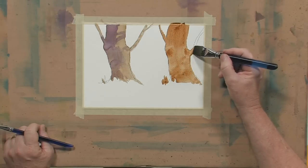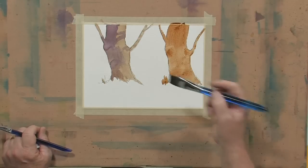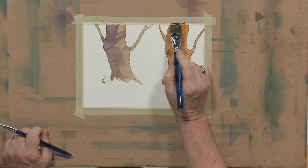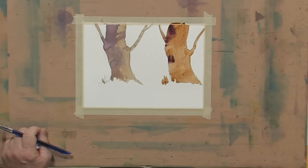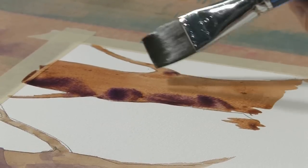And here's that long branch coming out from the side. Now, let's take that same wet violet. This time I'm catching this while it's wet. And let's just very quickly drop it in. And you notice I'm not brushing it. I'm literally dropping it, just hitting the paper, letting the paint kind of roll off the brush into that